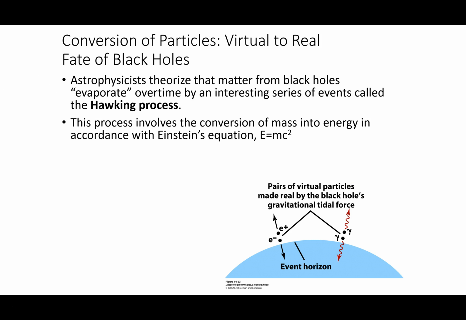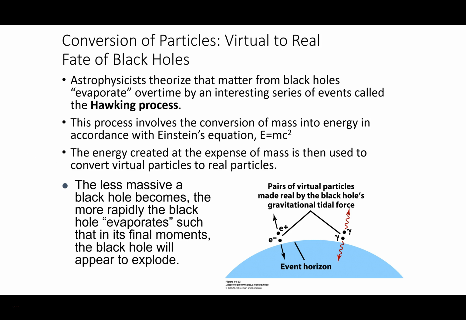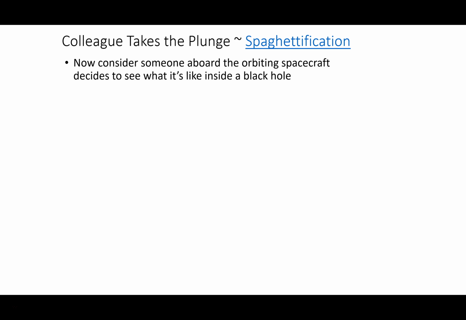One of the things that black holes can do, according to Stephen Hawking, which is amazing, is that over time black holes can evaporate, and we call that evaporation the Hawking process. For smaller black holes it is an accelerating process, so the smaller the black hole gets, the faster the evaporation is. As it evaporates, you can see that it emits a series of particles. So that's the Hawking process, the evaporation of a black hole. And according to this, at the very end it has an explosion as it finishes